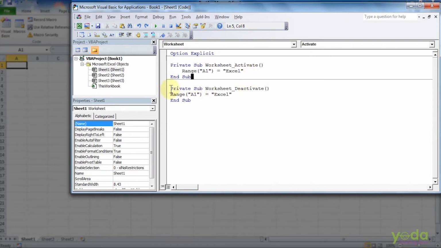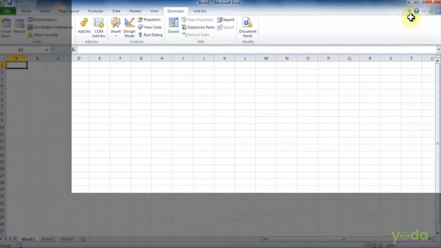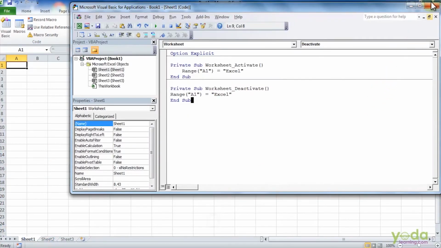Similarly, with the worksheet deactivate option, the moment the worksheet gets deactivated, it will type the word Excel in the cell range A1. So let's execute this out here.